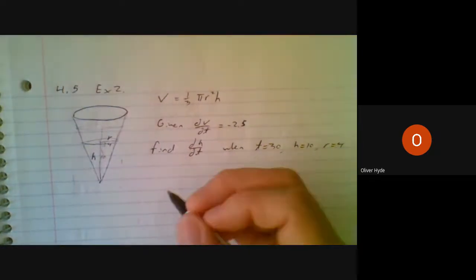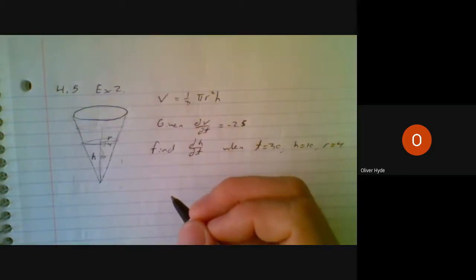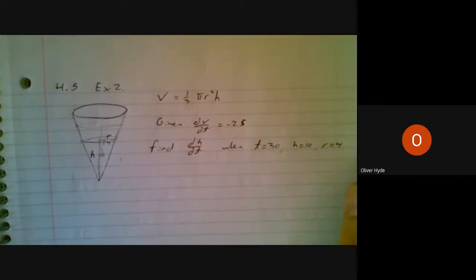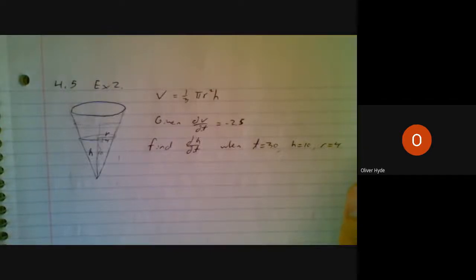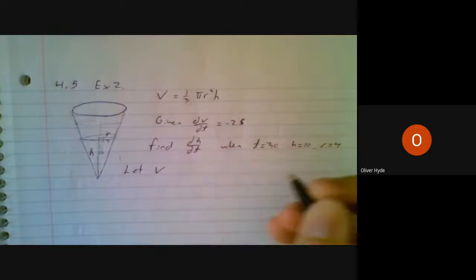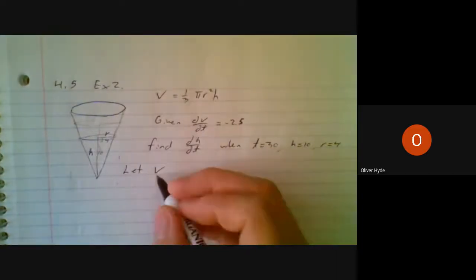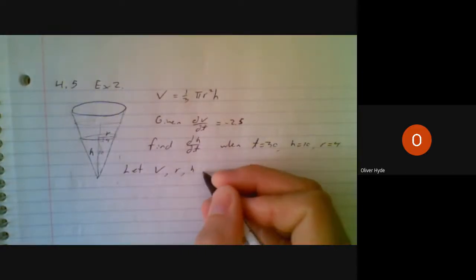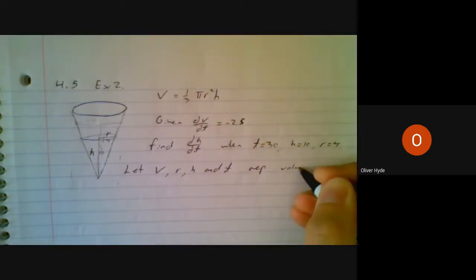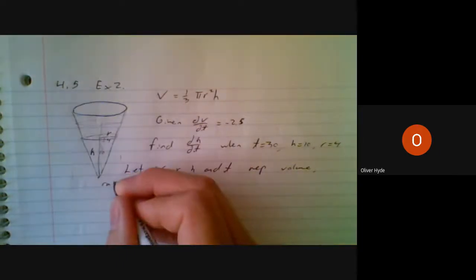What I want to try doing today, though, is maybe not relating my variables, maybe taking a look at using a chain rule, not building my chain first, but using a chain rule and then seeing what I'm responsible to find. So after I declare my variables, I'll say let V, R, H, and T represent the volume, radius,